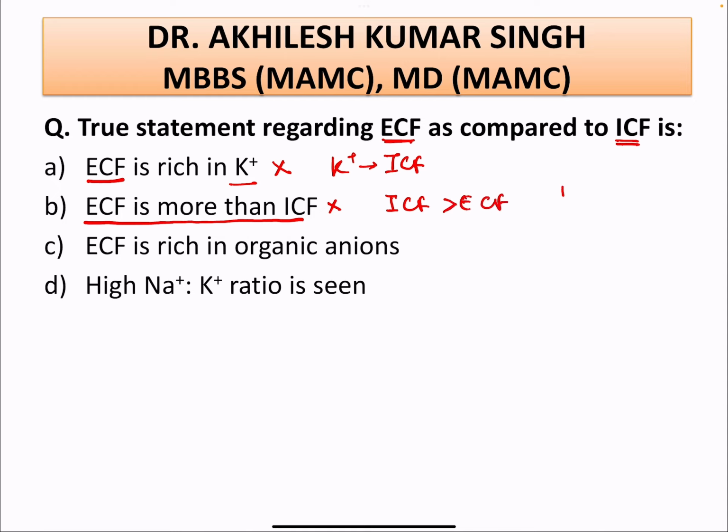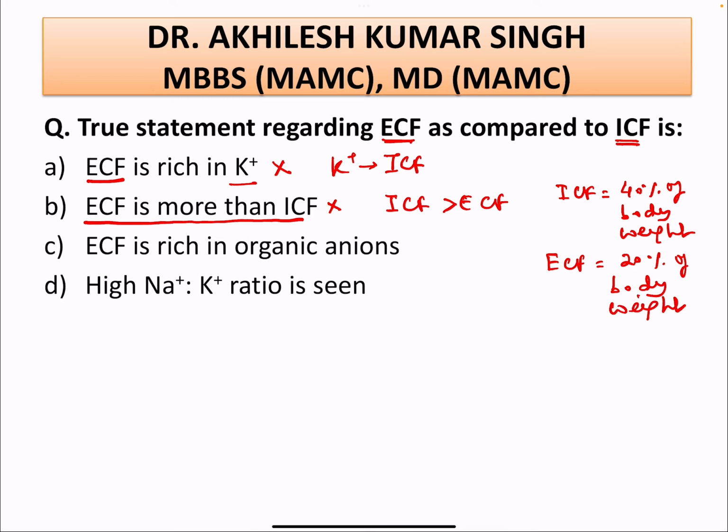This is because the ICF is equal to 40% of the body weight, and the ECF is 20% of the body weight. So out of the ECF and ICF, ICF is more than the ECF. So option B is also wrong. ECF is rich in organic anions. This is also wrong because